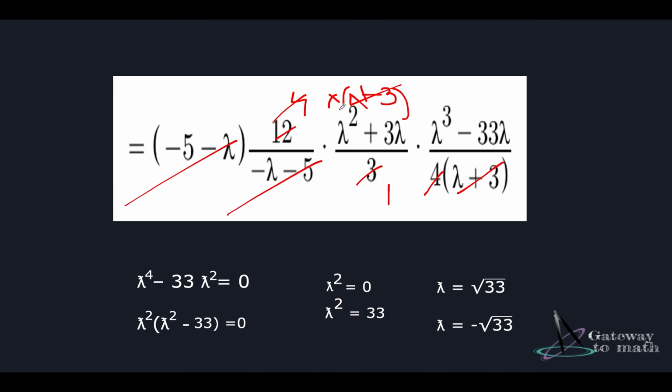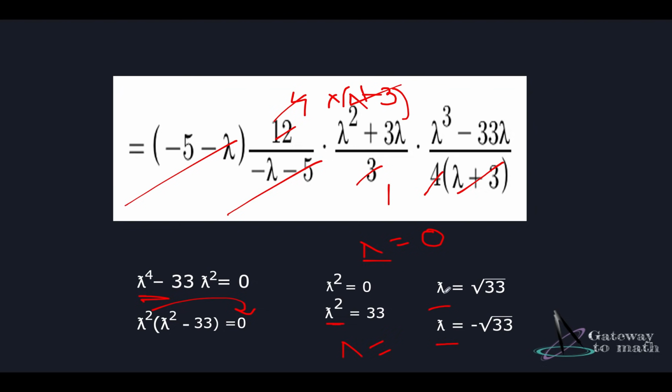So the expression becomes lambda times (lambda cube minus 33 lambda), which equals lambda 4 minus 33 lambda square equals 0. So we've taken out lambda square outside. This becomes lambda square minus 33 equals 0. So you can equate it with 0: lambda square equals 0, lambda square equals 33. If it's a 0, even if it's a square, there's no such thing as plus minus 0. So lambda equals 0 becomes the first value, and lambda equals under root of 33 plus minus, because we don't know whether it's a negative or positive sign because we have a square value here. So these are the eigenvalues. So we found all the eigenvalues using the characteristic equation.